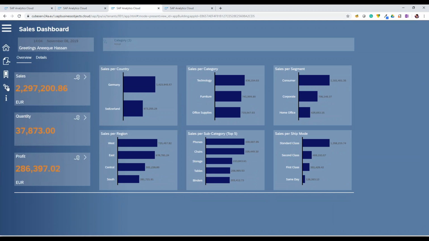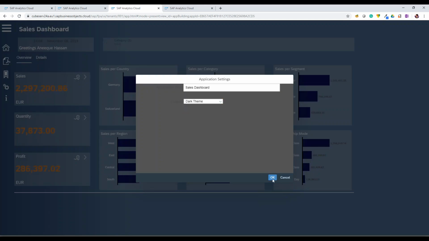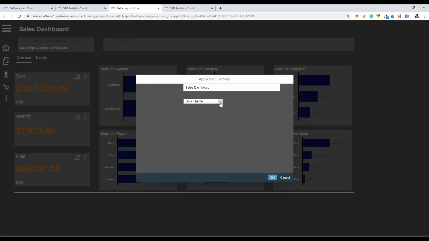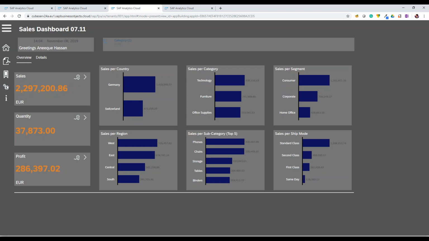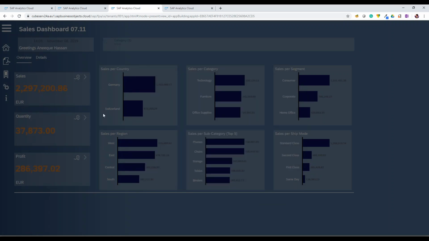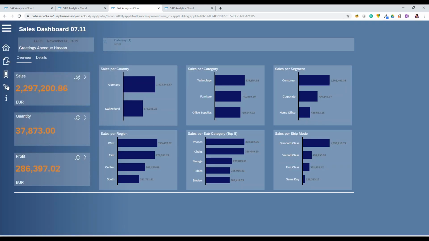Then we have a further possibility to change the design of the application, which is basically using this settings button. What happens here is that we give the user the possibility to change between two themes. When I click here, this pop-up is presented, and I can change the title of my dashboard to live or to the current date, where I can say this was a screenshot from the current date, and I want to have the theme as dark, or I can say that I want to use a light theme and go back to my standard. And this is basically realized by the concept of theming, which Anastasia has already presented.